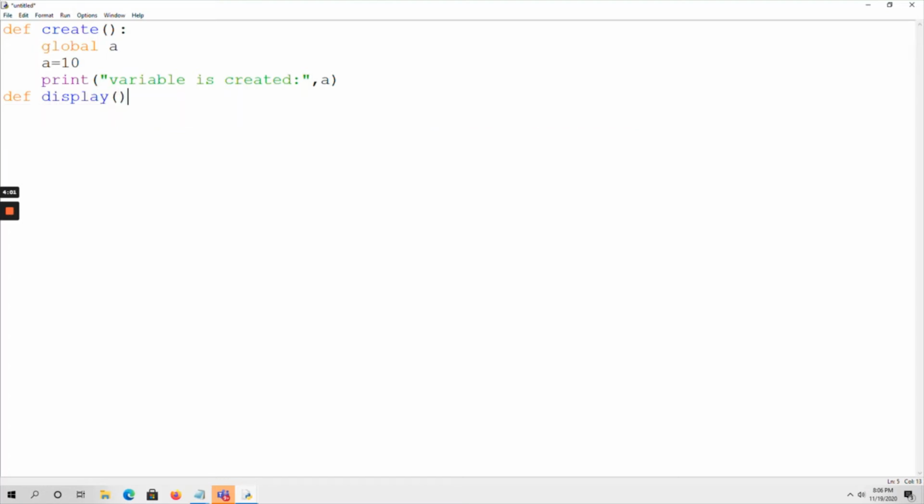So, this function is used to display the global variable value. So, here also global A, print of A equals to A.